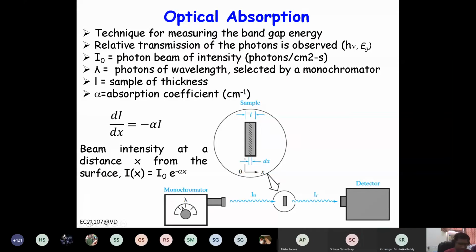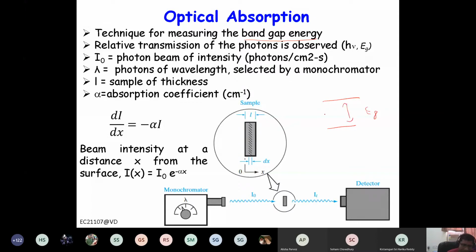Okay, so let us consider optical absorption first. Now, optical absorption is a technique to measure the band gap energy. How? Let's say this is your band gap Eg,